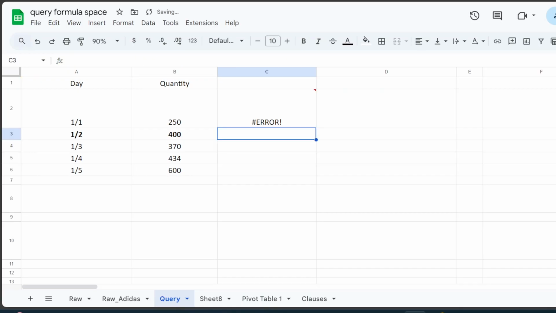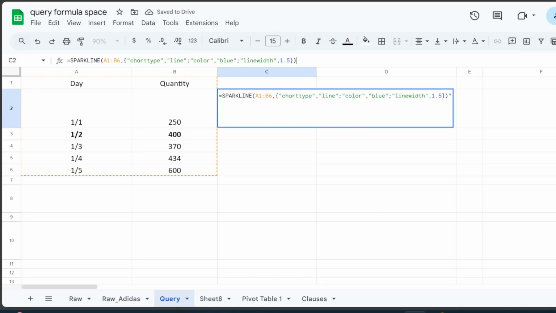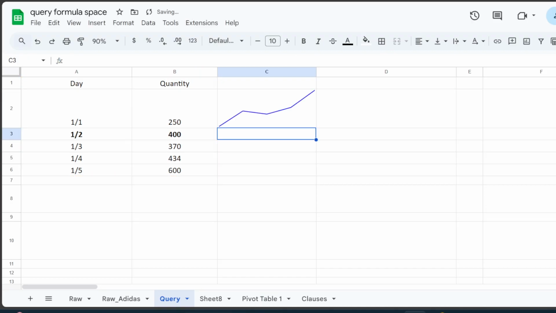Oh, there's an extra comma here. Let's see, do we have everything correct? Bracket. Yeah, there you go. See, now you can see the line has become thicker and the color of the line